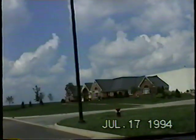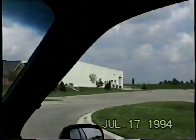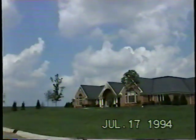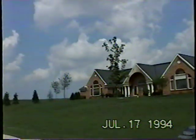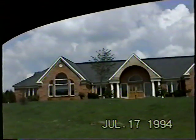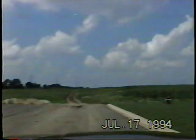This is a library book company, and I'm trying to think of the name of it, and I can't for the life of me. And surprisingly, they don't have a name out front. But it's a pretty nice looking office building. As you can see, it looks like a country club. And then straight ahead here